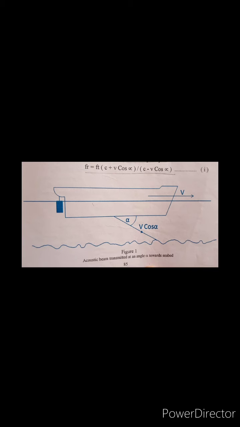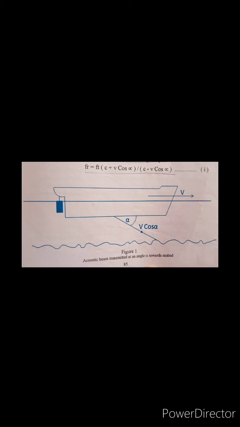This is the same formula I started with in the beginning, that is the principle of Doppler shift. Instead of only V, we have applied cos alpha, because the acoustic wave is sent in the direction of alpha. From the figure you can see how the Doppler log sends the signal in the alpha direction, that is 60 degrees, and V is the velocity of the vessel. Hope you are getting it.